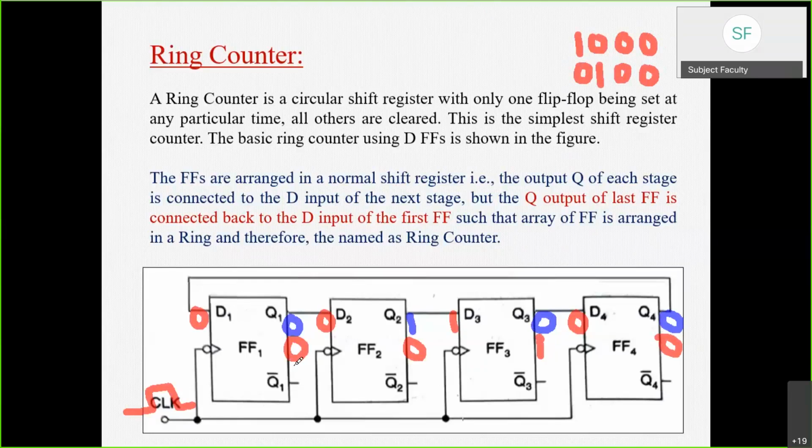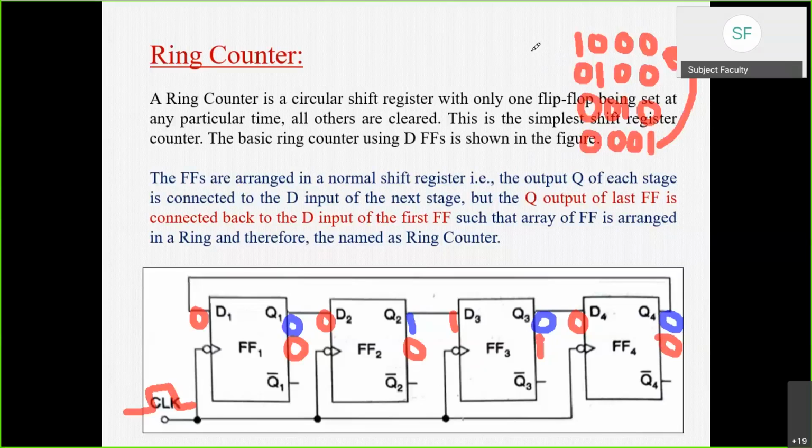Now after the second application of the clock pulse, you can observe it is 0 0 1 0 0 0 1 0. Observe this 1 is basically shifting by 1 bit towards the right. After application of the next clock pulse, what will happen? Our sequence will become 0 0 1. And again after this state, the first sequence will be repeated. Okay, this is how the ring counter works.